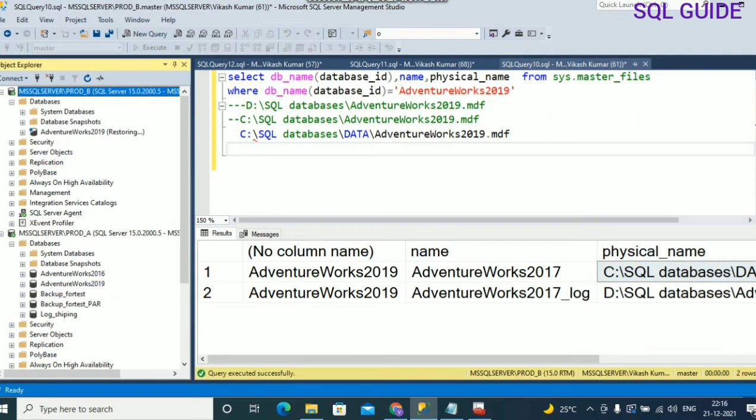After changing to no recovery, you can go ahead and move the data file, and then you can start the log backup and restore to test your log shipping configuration.